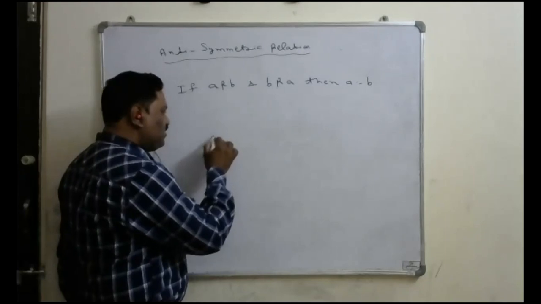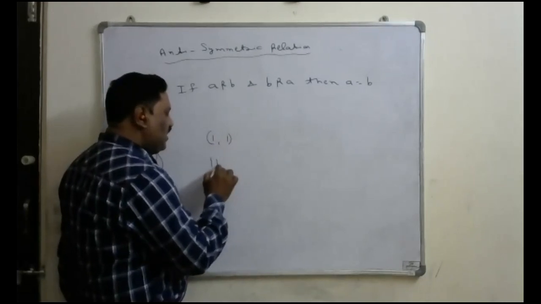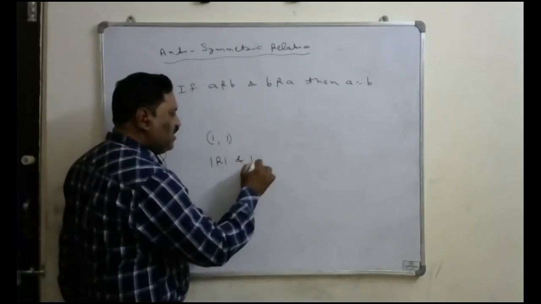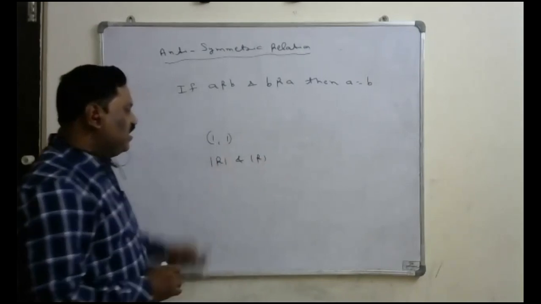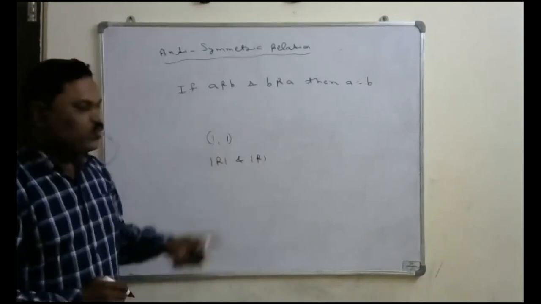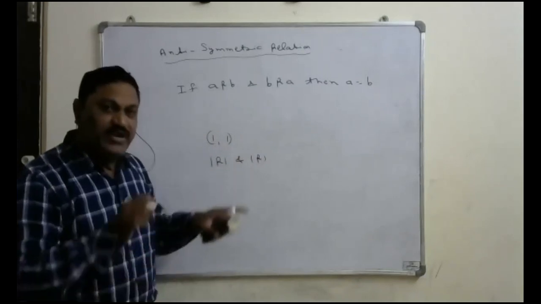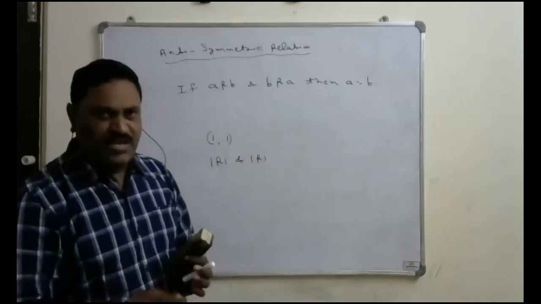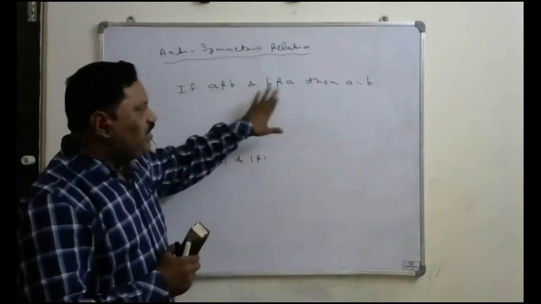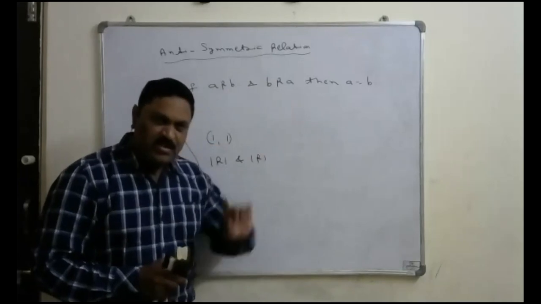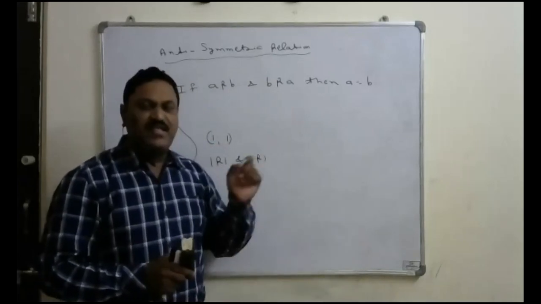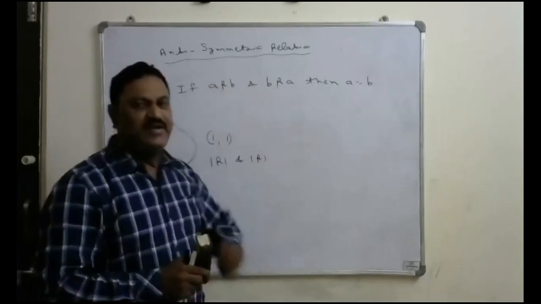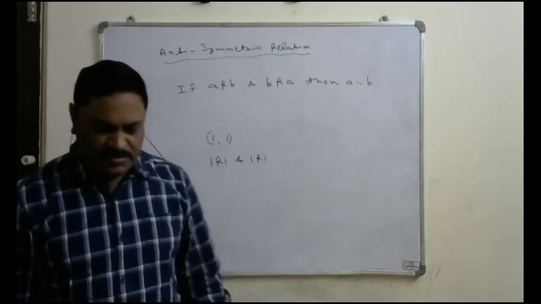Suppose I consider (1, 1), means 1 is related to 1. Similarly, in the reverse order also if you write it, 1 is related to 1, the same relation will be there. Means 1 is equal to 1, we got it. That's why that element should be related to itself. Then such a relation is called the anti-symmetric relation. That means (a, b) and (b, a) are possible only if a is equal to b, then that is called the anti-symmetric relation. For all the cases, if this is true, that is the anti-symmetric relation. Okay, so write down the notes on it.